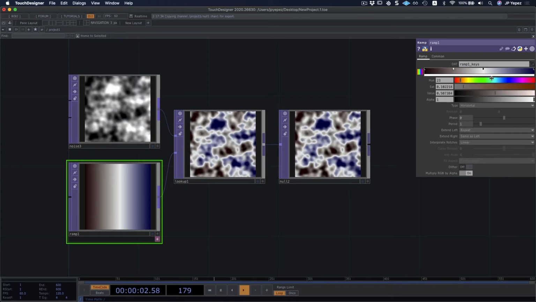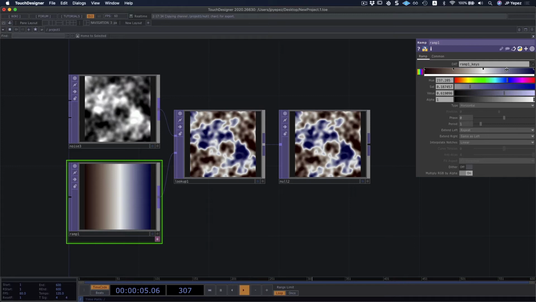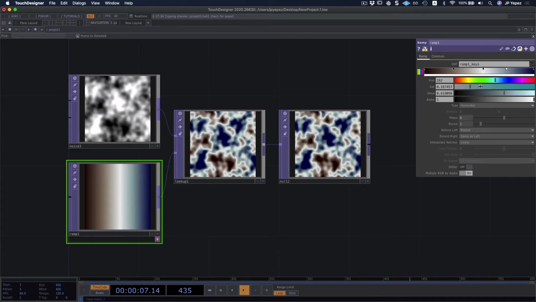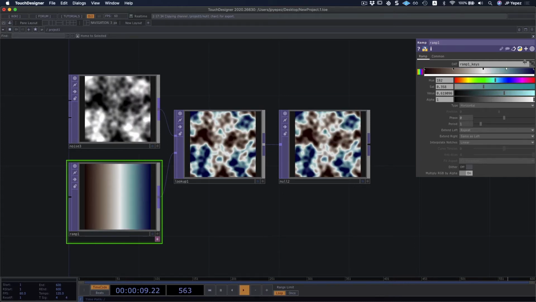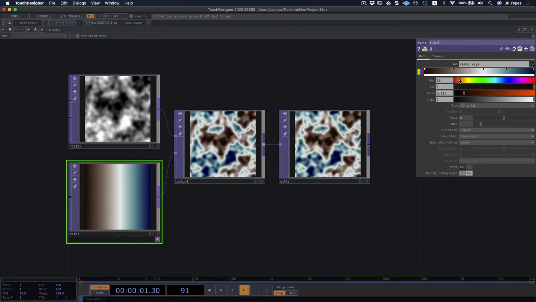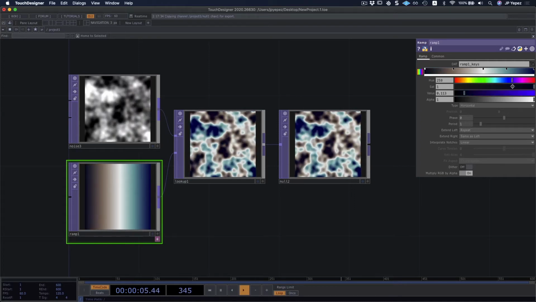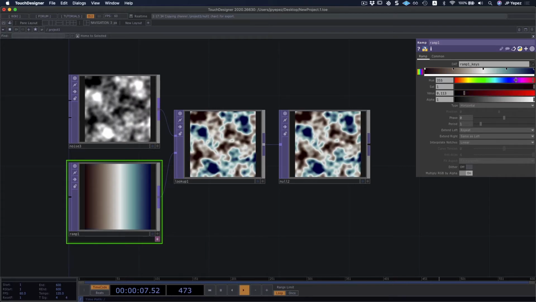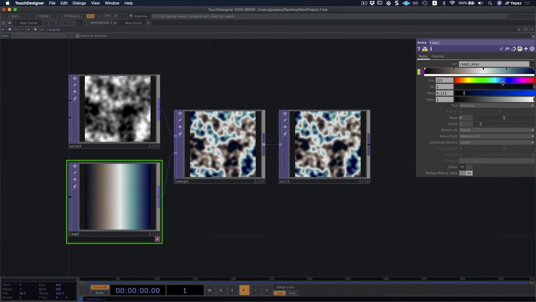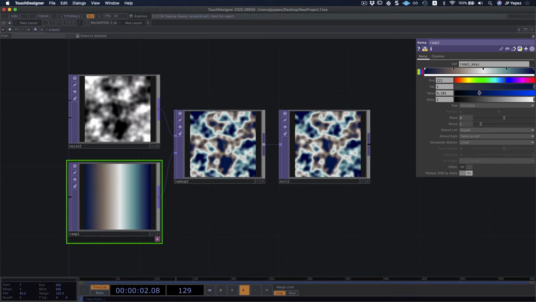We can do some slight interpolation, add some flavor to it. Maybe this red is not the best choice. There we go, something like that.